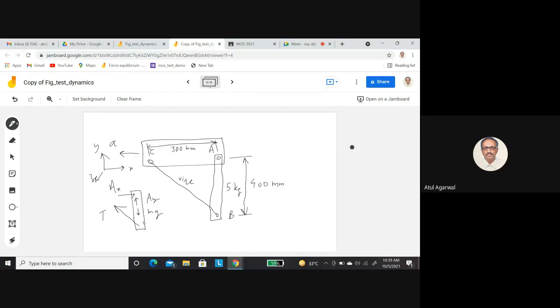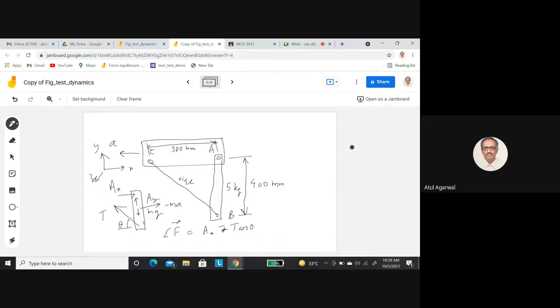So if you just want to do free body analysis of this, you have to apply a force minus m a. So this is applied in the x direction. Now if we say what is the total force, you add it up. You know this angle theta. So what is the force in the x direction? Ax plus t cos theta, sorry, minus t cos theta, and this entire thing is accelerating in the x direction.